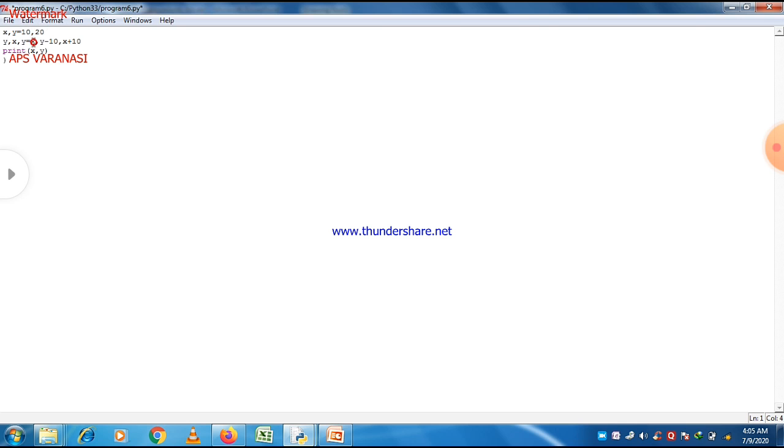So we write on the right hand side y minus 10. One thing is very much clear, that first value is assigned to first variable, second value is assigned to second variable, and third value is assigned to third variable. So as far as the concept is concerned, it is very much clear, because assignment basically happens in a sequence.